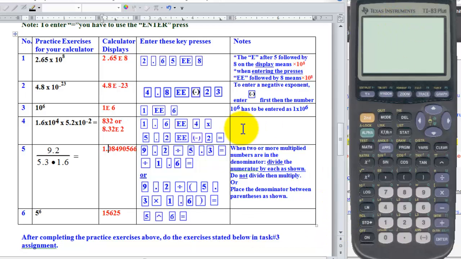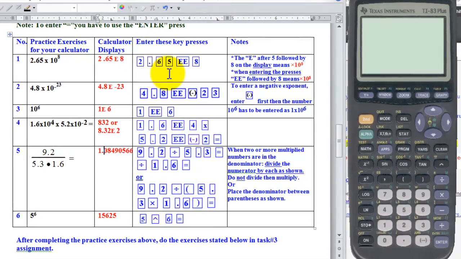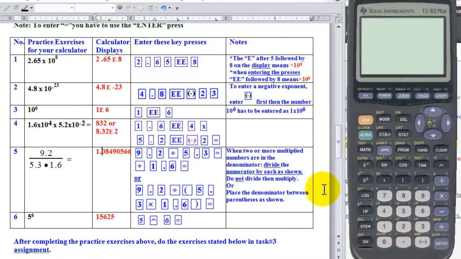Okay, we want to avoid using the times 10 to the power. So instead we are going to use the EE press, which is this one here. You have to press second, then the comma here, as demonstrated here in the table. On the table in column 4, it shows you the presses that you have to input into your calculator. So 2.65 times 10 to the power 8 will become